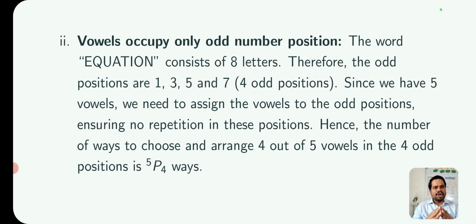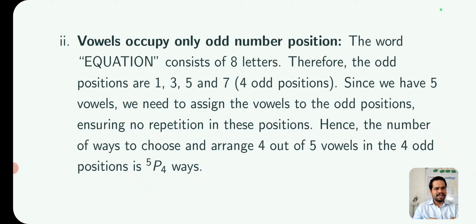Now see the second condition: vowels occupy only odd number positions. So here the condition is that the vowels are in odd positions. In the word equation there are 8 letters. Out of these 8 positions, what are the odd positions? 1, 3, 5 and 7. So these are the 4 odd positions. Since we have 5 vowels, we need to assign vowels